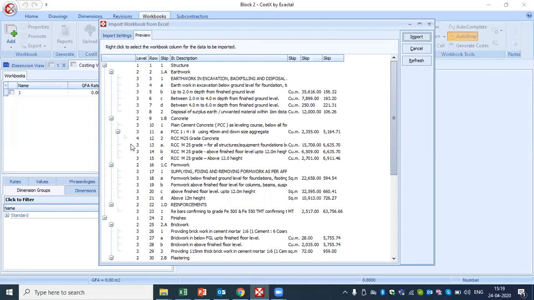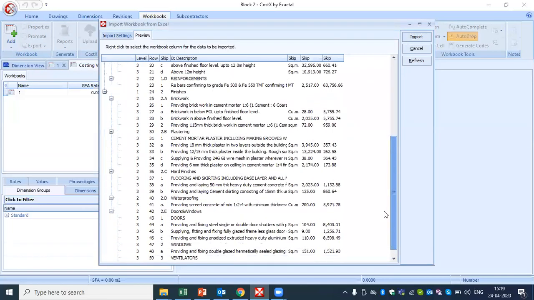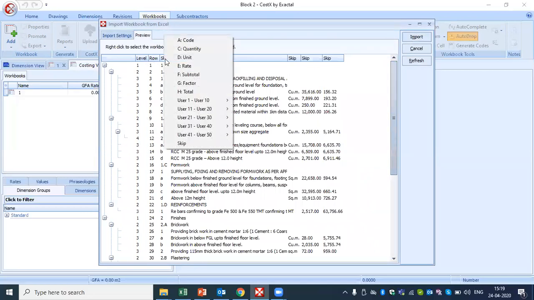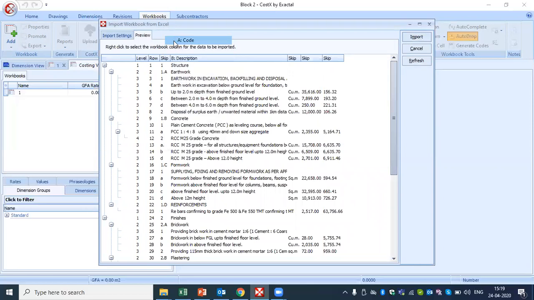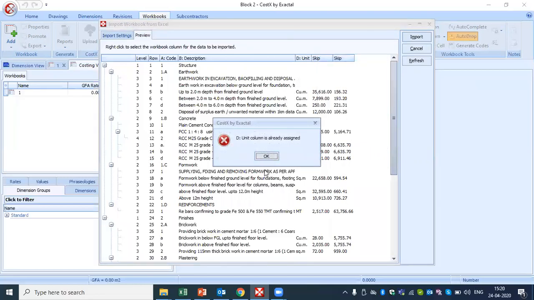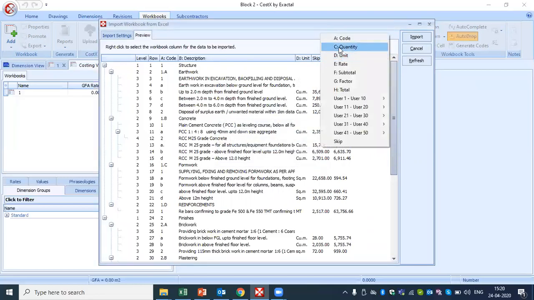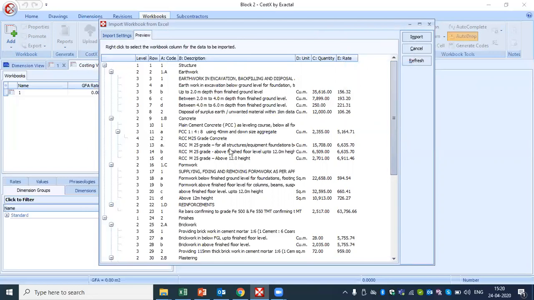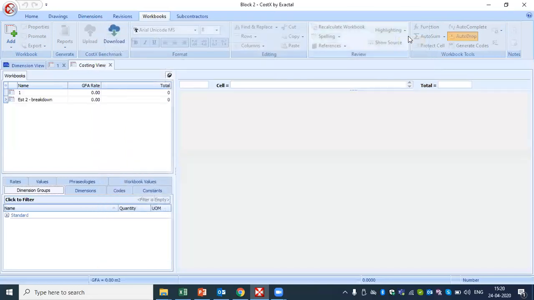So we have structured it in a way, right? It has been structured the way we have represented it in the Excel. This is a row number. So this, I'll just right click and assign a heading as code. Same way, this is my description. Third column is my unit of measurement, so just right click, assign unit. Finally, this one is my quantity and this is my rate. So now I have structured it. I'll import this.